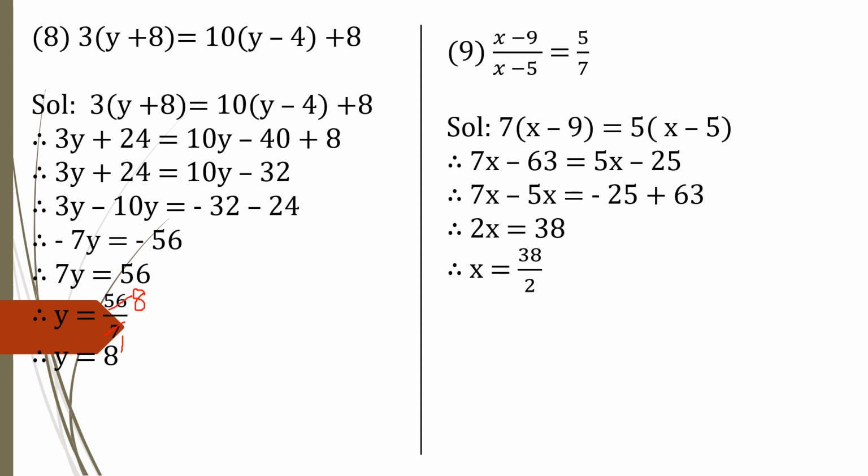Now further we can simplify this, student. So we'll get 2 ones are 2, here it will become 2 ones are 2. So 1 remains, so 18 it will become. So you will get 2 nines are 18. So you'll get value of x equal to 19. Okay. Moving to the next sum, student.